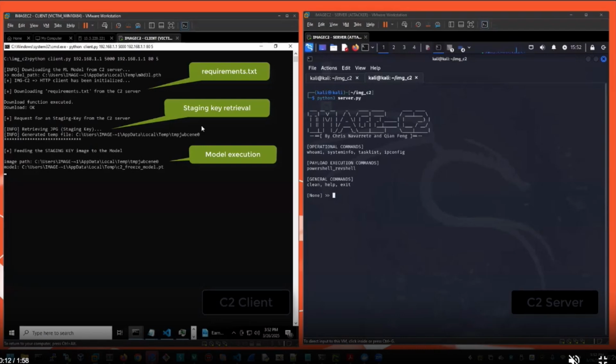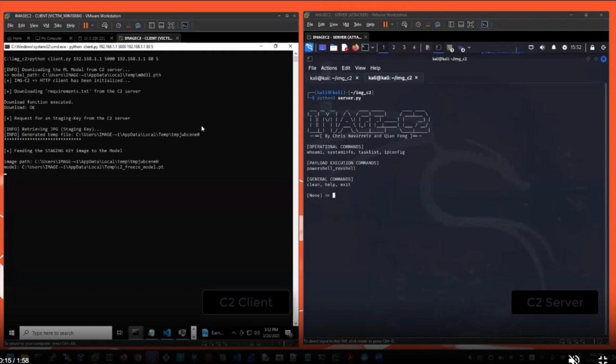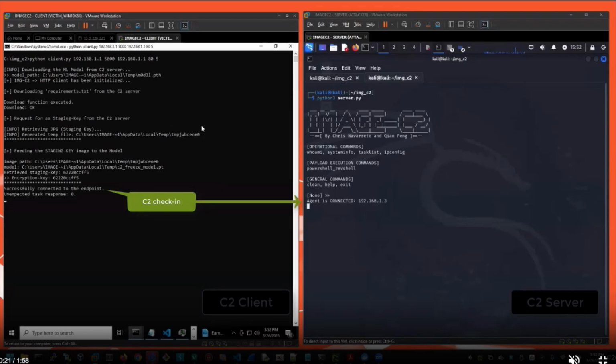The next step is the download of the requirements.txt file, retrieving the staging key, and proceeding with the model execution. As you can see, we are passing the image path in a temporary location, calling the model. And eventually, the staging key, or the encryption key, is retrieved. We do the checking. On the server side, you will see that there's a connection also happening.